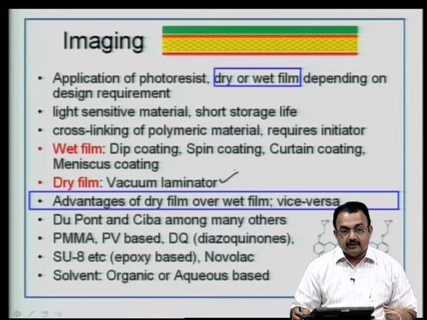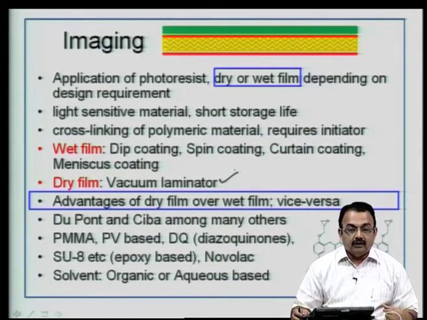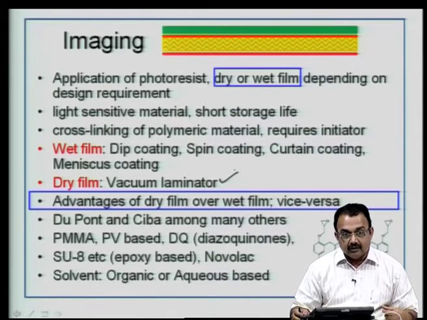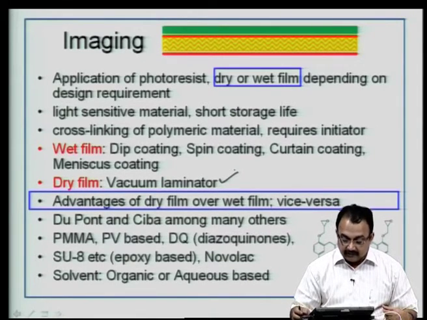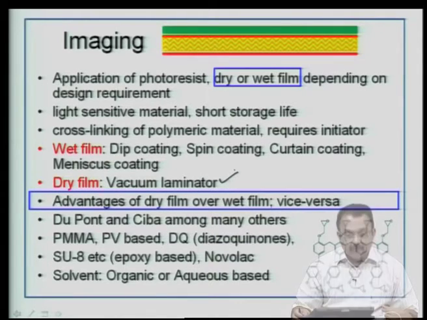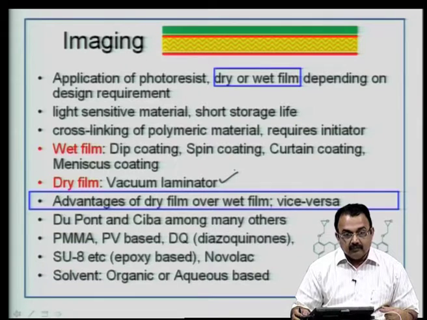There are many companies today, some of the leading names are DuPont, Ciba, among many others, which manufacture photoresist material in very large quantities for the semiconductor industry as well as the PCB industry. Some of the common organic names are polymethyl methacrylate, polyvinyl based, diazoquinones and so on. SU8 is a very recent